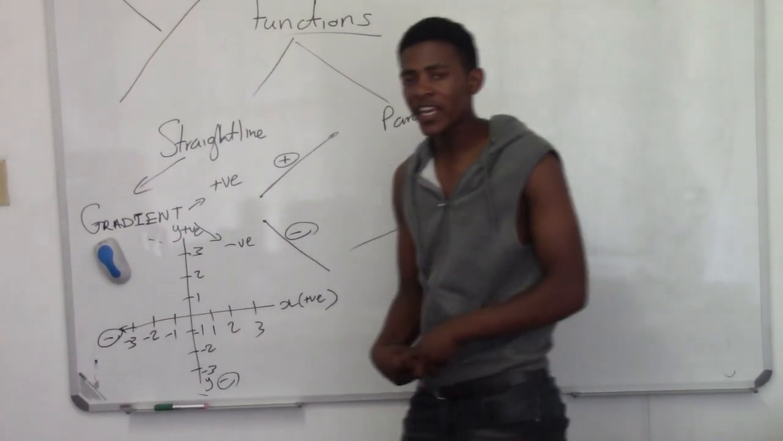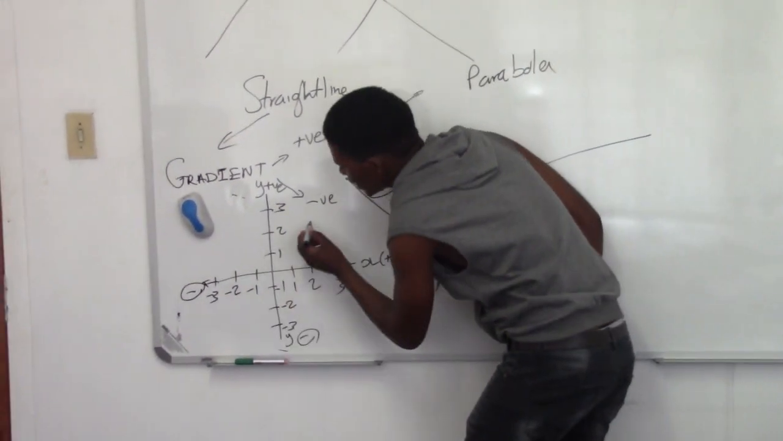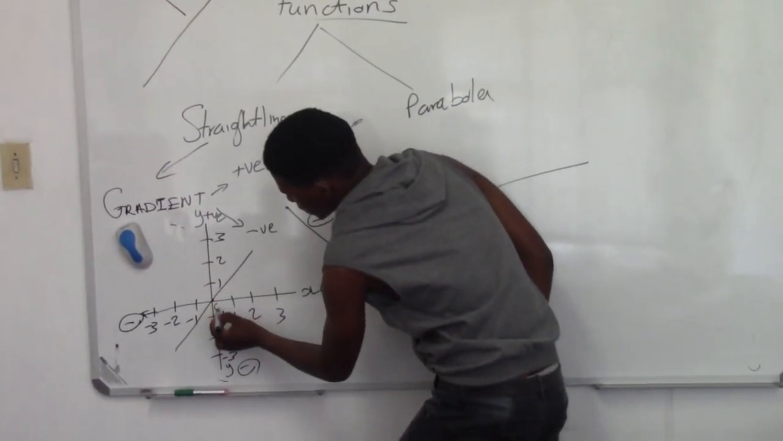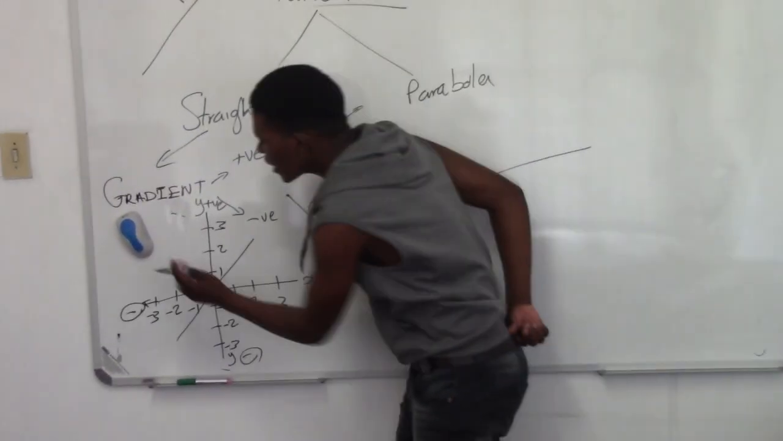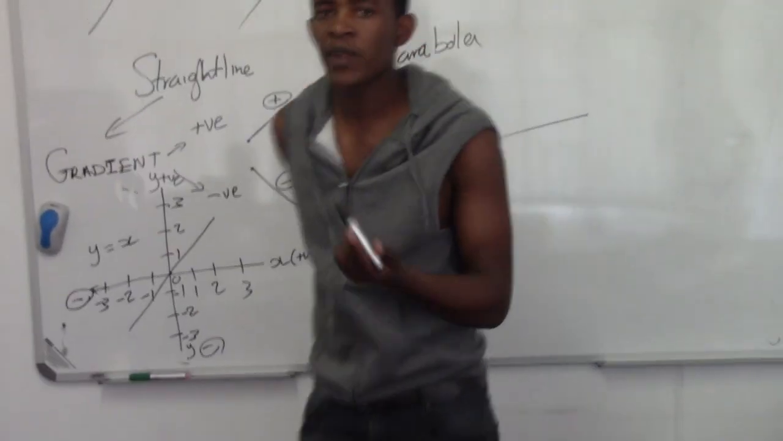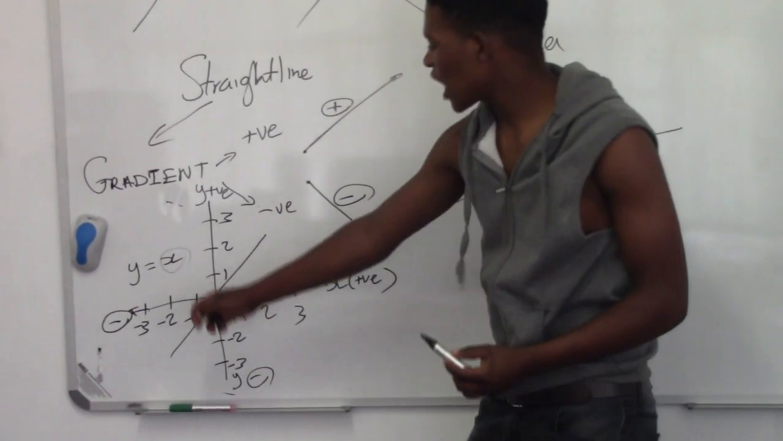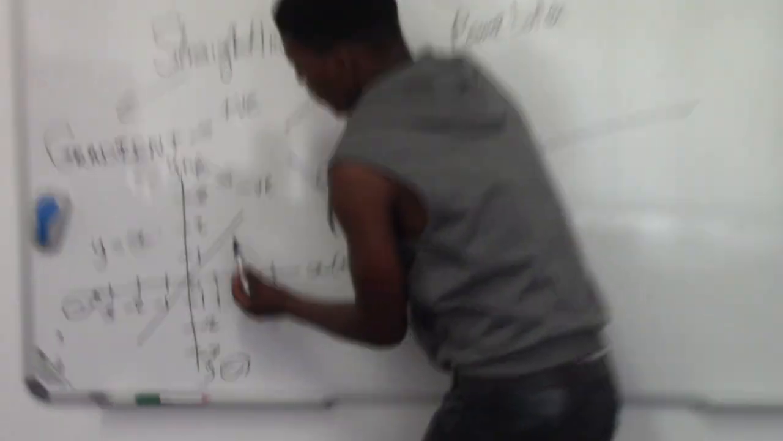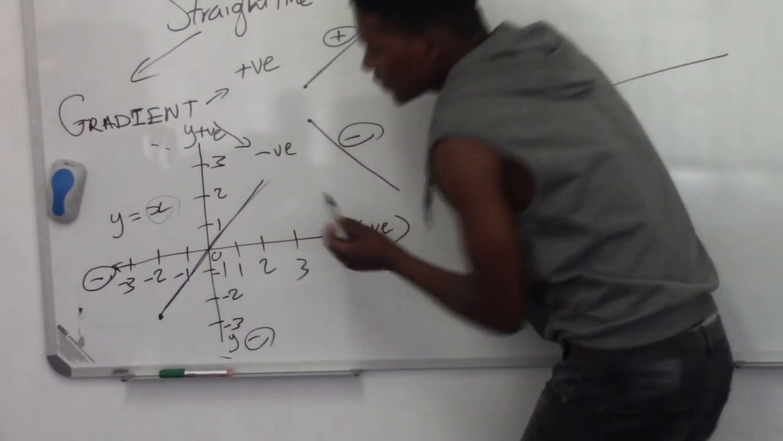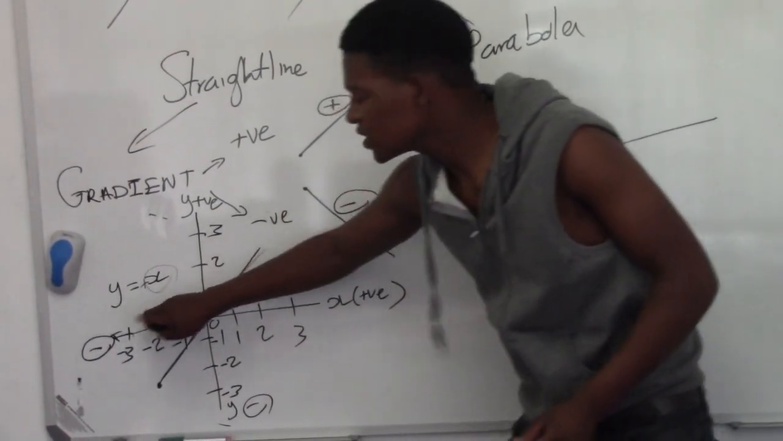When I represent my straight line, in grade 10 you learned that if you have a straight line passing through this point, here I'm having 0, so your y-coordinate will be equal to your x-coordinate. But now remember, we are having a gradient. Since I'm having a gradient, your gradient increases, so that means your gradient is positive. That's how I'm having y is equal to